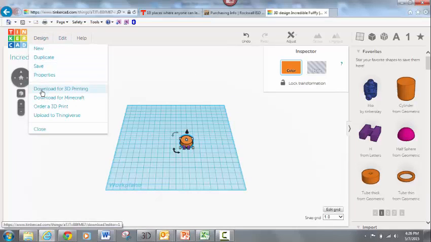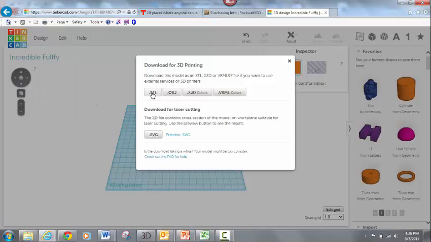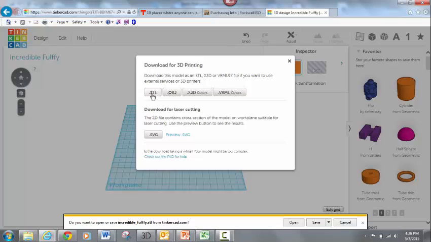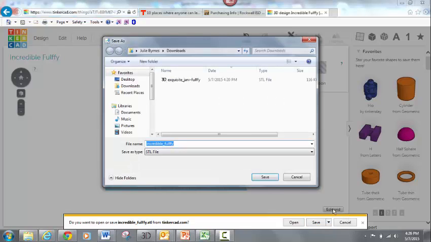Here we go. Download for 3D printing. So I click that. I need an STL file, so I click STL. I'm going to go ahead and save it as, and from here you can save it to your computer, and in my case I'm going to save it to